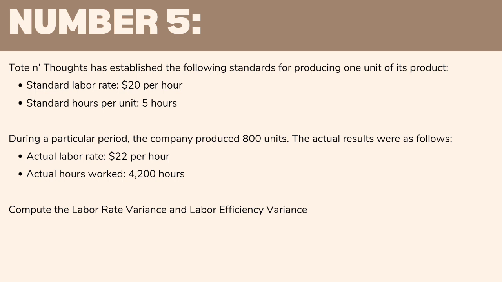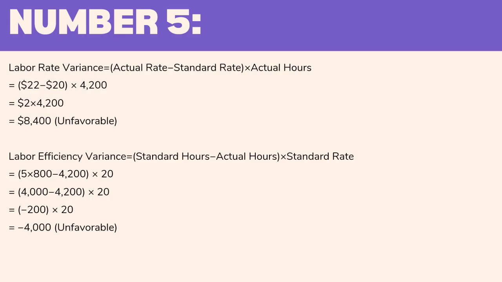Now, we are going to compute the labor rate variance and the labor efficiency variance. So, for computation, we have $22 minus $20 times 4,200 hours equals $8,400, which is unfavorable. It indicates that the company paid more for labor per hour than the standard rate and resulted in higher labor